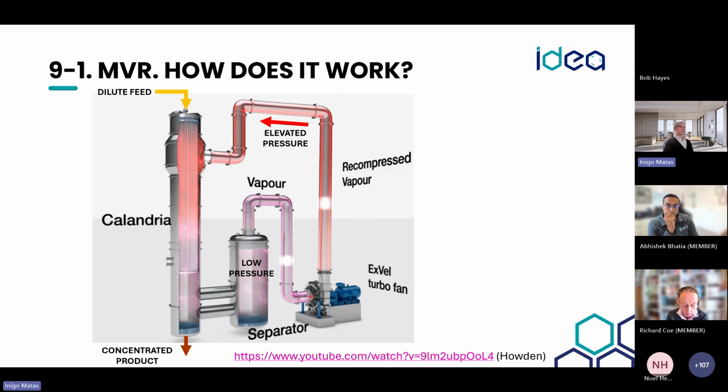As I was saying before, we need to add a bit of energy, a bit of work, to increase the temperature of the vapor. If this was, for example, a system distilling a simple single component liquid like water, the efficiency is extremely high. Why? Because the temperature difference is very small. On a normal distillation column, the temperature at the top is lower, but if the temperature in this case is the same, we just need to increase a bit of delta T, maybe 5 degrees above the condensing temperature to drive the process. So here the COPs can be really, really high.